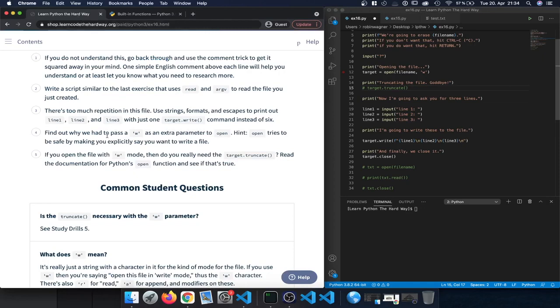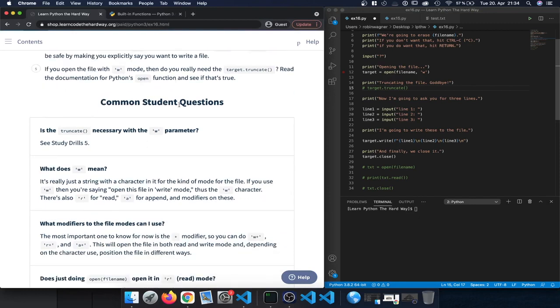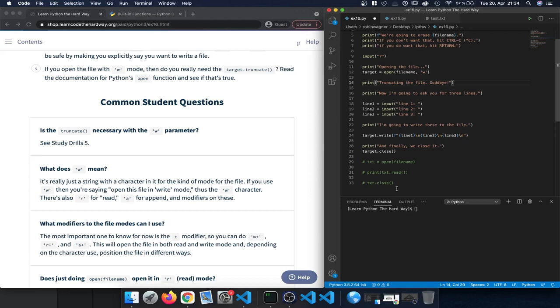So these are the study drill questions. Let's take a look at some common student questions. So the first one is, is the truncate necessary with the W parameter? So that's basically referring to study drill number 5. And just to verify that, let's just remove that line here. And for simplicity, let's just display that file directly afterwards. So if we execute that one more time,